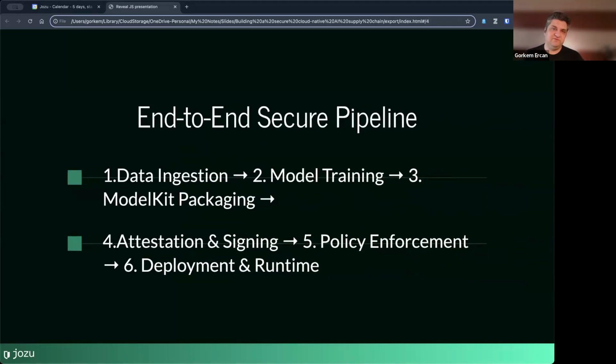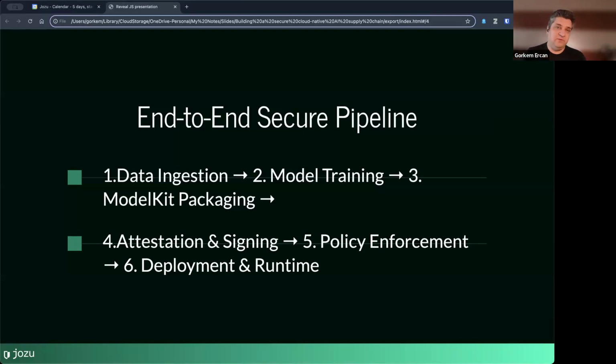So what would this look like in a secure pipeline for AI/ML? And I'm overly simplifying this for our purposes. First of all, you need to do data ingestion, right? You have your data, you need to do data ingestion, and there are a lot of techniques and products for keeping the data lineage and secure during ingestion.